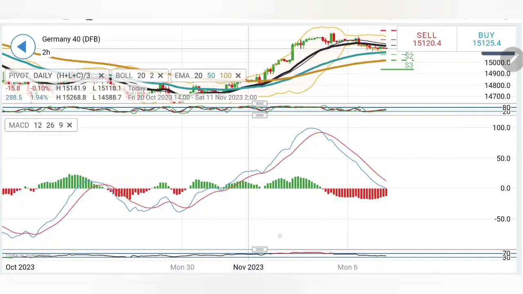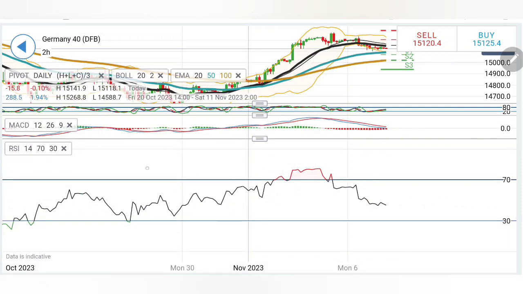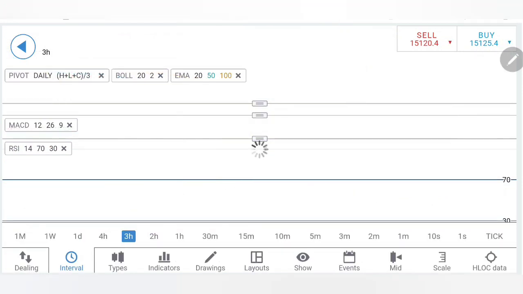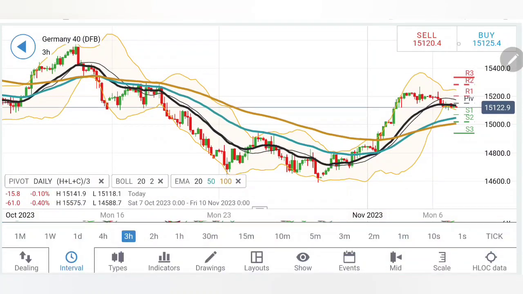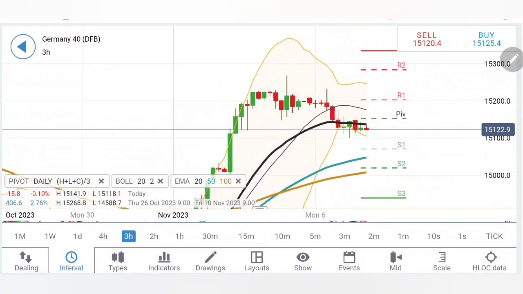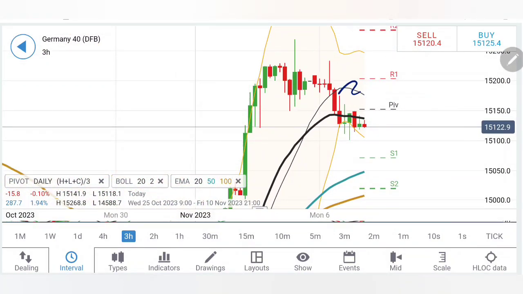Stochastic is looking upwards, MACD is still bearish. Also one must note, first wave, second wave is done. It can possibly cross over for the bullish move here as well. RSI has come out of the overbought zone. Similarly on the 3 hour charts, the moving averages are still divergent. There was too much divergence of price from the moving average. It has converged here. Now if you look at the candles, it is trying to trade with slight bearishness,